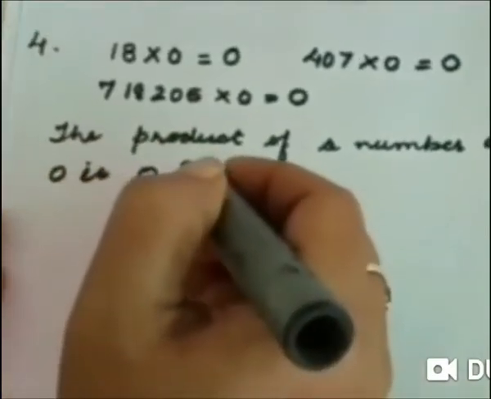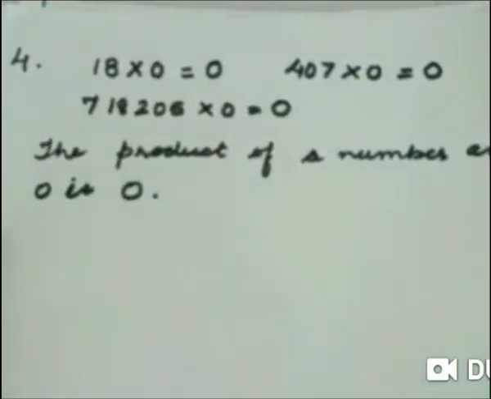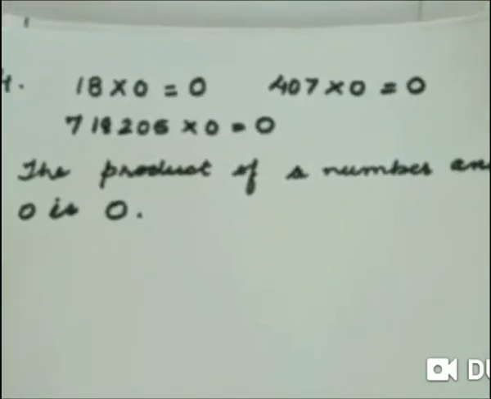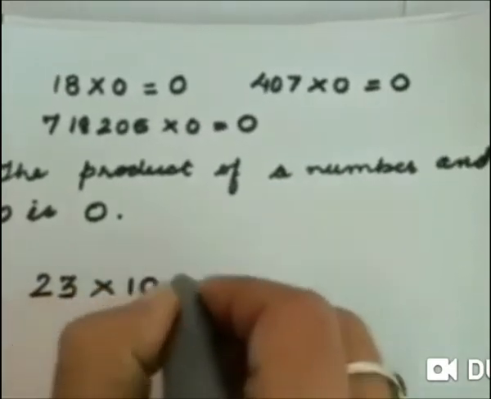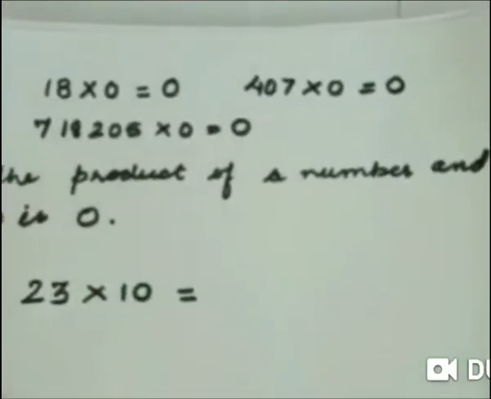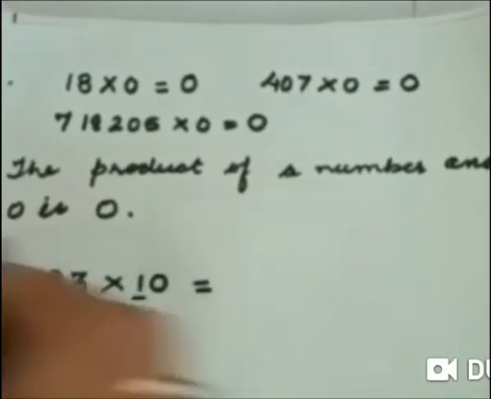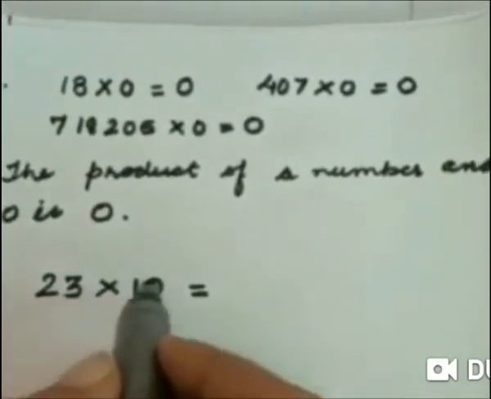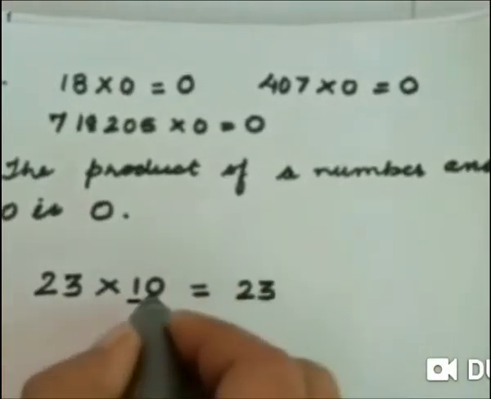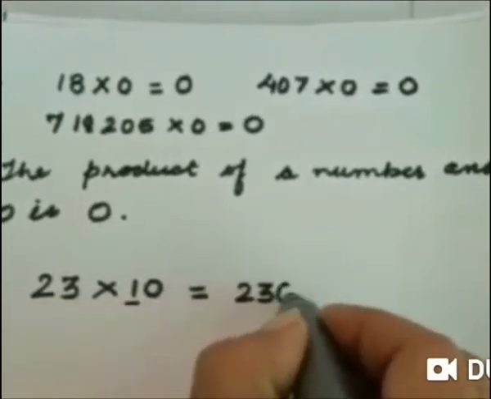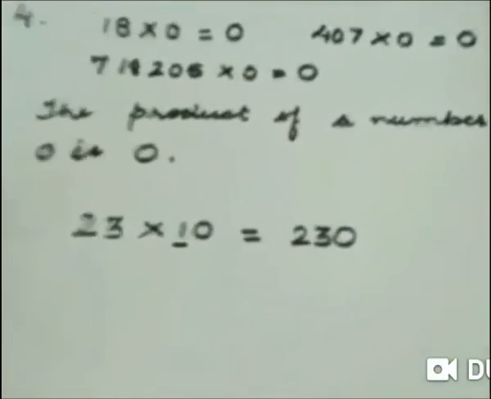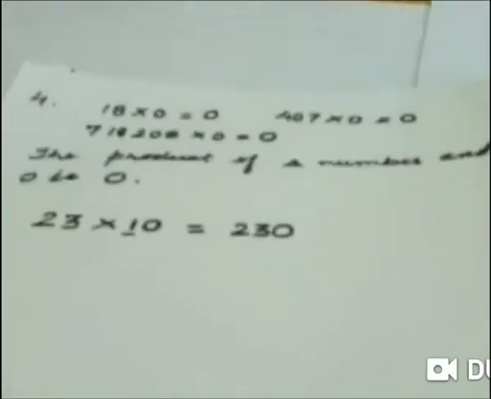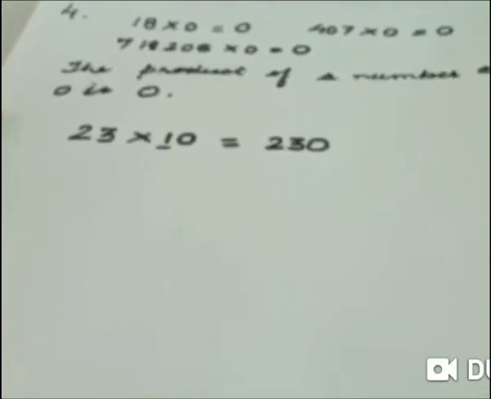Now let's continue it a little further. Now suppose I have to multiply a number by 10 or 100 or 1000. Then how to do that? Suppose I have got 23 and I have to multiply it by 10. What I will do? First I will multiply the number by the number other than 0. 23 ones are 23. And how many zeros are there in it? Only 1. I will add 1 0 here. So put as many zeros in the product as there are in the multiplier, and we multiply by the non-zero part of the multiplier. Okay, so 23 by 10 will be 230.